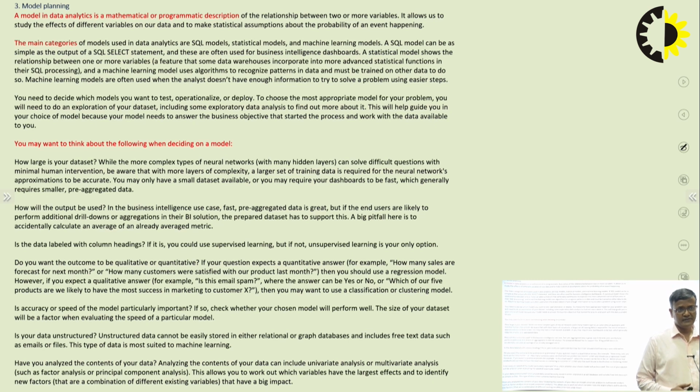So which of our 5 products has the highest probability of giving us success in marketing that product to customer X? Then you may want to use a classification or clustering model.